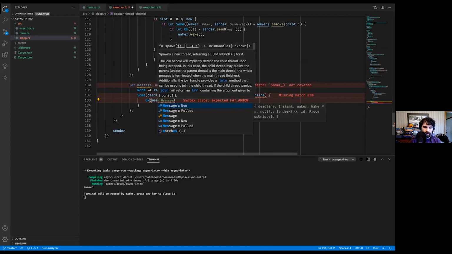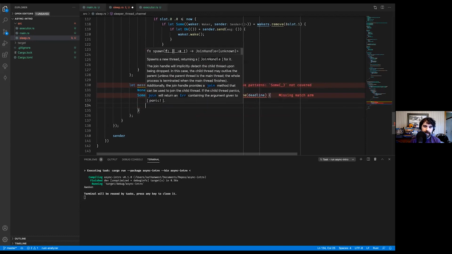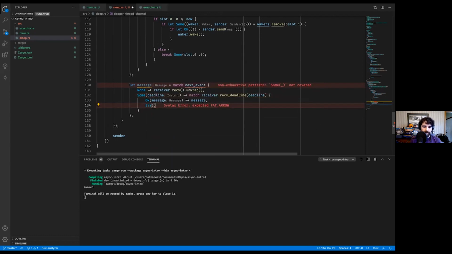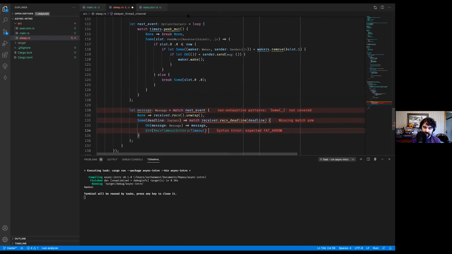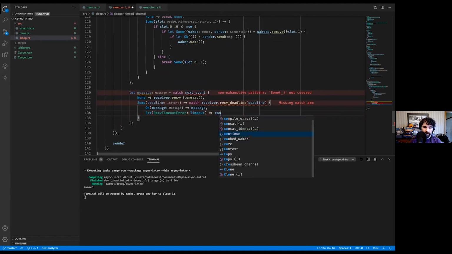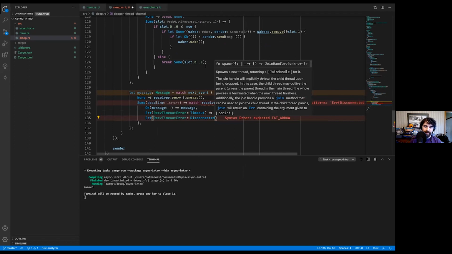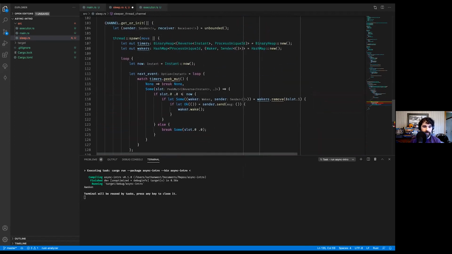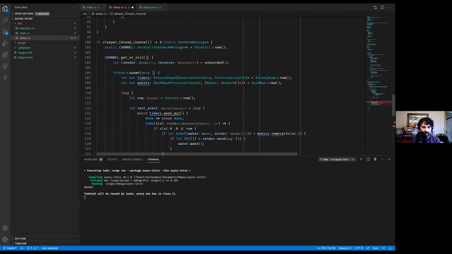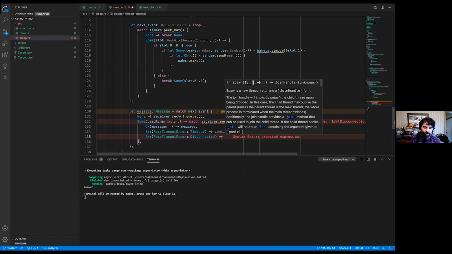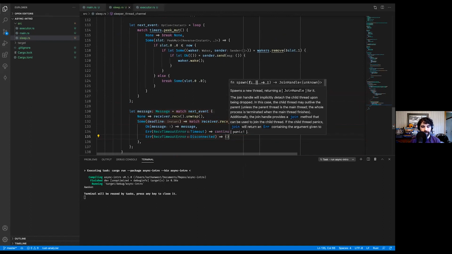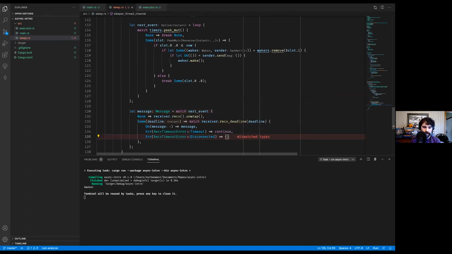Got a message. Great. There's our message. There's a few different ways this can fail, right? If we got a timeout, that's fine. It means that we didn't get any messages, but one of our timers has expired. So we're going to go ahead and start the loop over. Cool. We're going to throw this here just to make rust analyzer happy. Finally, if we were disconnected, again, this shouldn't be possible because the only way to get a disconnected error is to have this sender be dropped, which can't happen because it's static. So we can just do a no-op here. We can actually do a panic here. Sender.